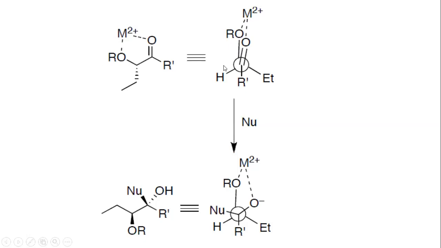Now, how do we arrange the carbonyl group? When we have chelating metal ions, this carbonyl group must be in plane or parallel to the heteroatom. The heteroatom is oxygen, so this carbonyl will take the plane of the heteroatom. So they are now parallel. Now the incoming nucleophile here is in the presence of a nucleophile.